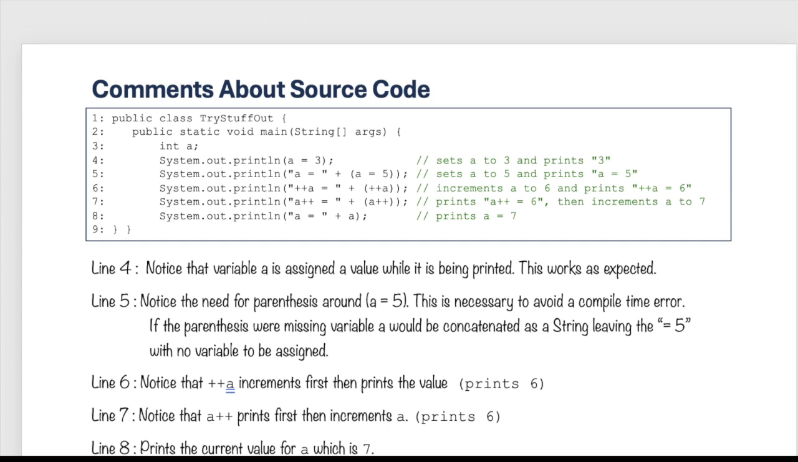So some comments on the code. This is the code that you typed in. I've numbered them lines 1 through 9. And here are some comments. Notice that on line 4, we can assign a value right inside of the println. We did not have to assign it prior. And it will execute and print out 3 all in that same line while assigning a value. If you look at line 5,